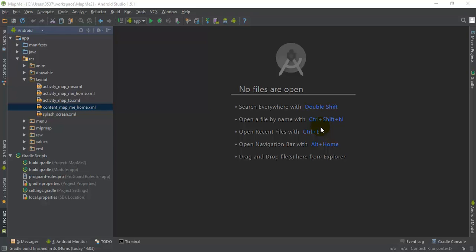Hello guys, in this video tutorial, I am going to tell you about the problem that most developers are facing regarding integrating advertisements in their Android application. For integration into the Android application, you require the SHA1 certificate that you have to register on AdMob. And how will you get that certificate, because there are two different certificates.